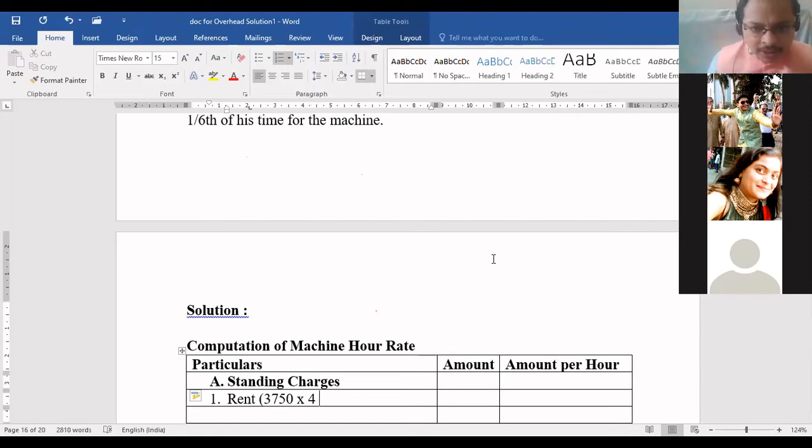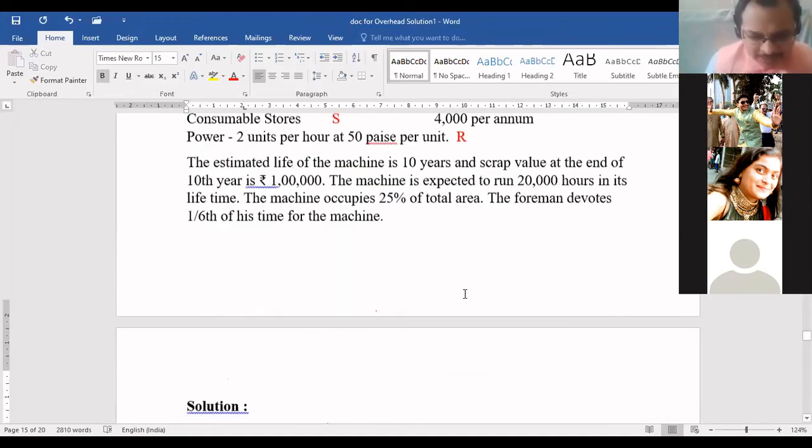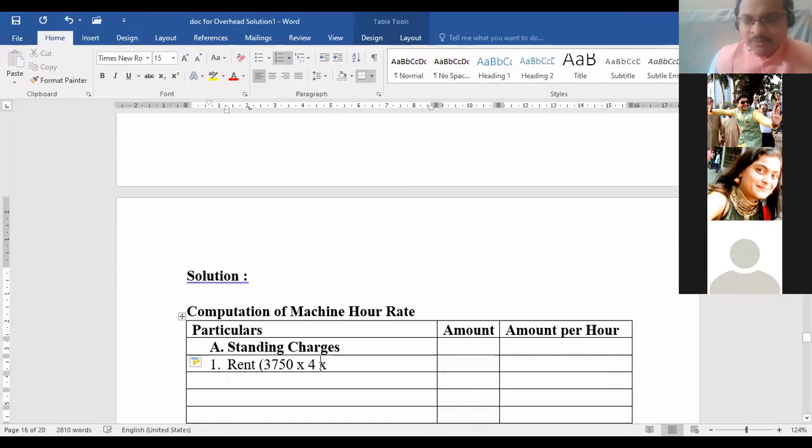Now see the question again. They say your machine occupies only 25% of the total area. The rent which we pay is for the whole premises, na beta? Yes, sir. And my machine occupies only 25%. So 3750 only will come as the answer. That is just a coincidence. But my question is, we have to take only 25%, because the machine covers only 25% and we have to calculate purely for machine related expense. Yes or no, bacha? Come on, solve and tell me. 3750. Okay, fine. And don't be under the impression that this always happens. This is just a coincidence we got here, the same value.